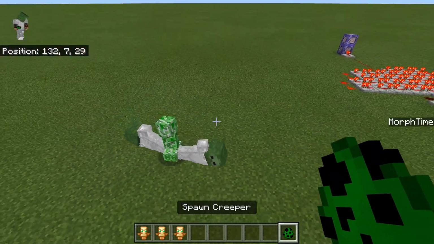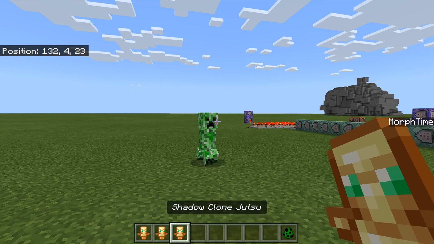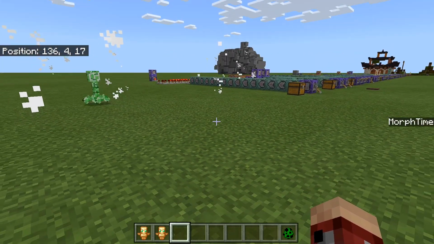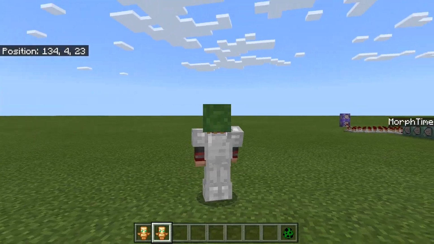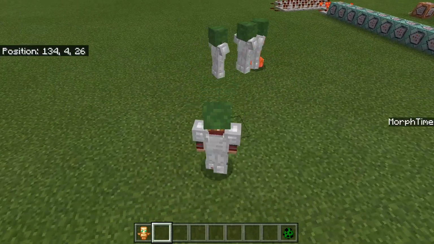And once they're done attacking him, well, the timer sort of ran out before they finished, but we can just give that another try. Oh, my time hasn't run out yet. Okay, cooldown has finished. I can use this ability again, and then rush right over to that creeper and start